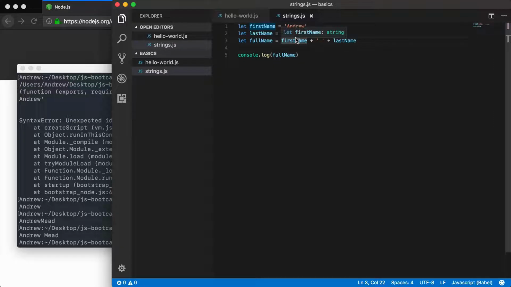So we could have defined Andrew right here instead of first name. The string Andrew, this would work, but the goal was to work with variables, so we referenced first name instead. Both are fine because the inline string Andrew and the variable first name store the exact same value. Now that we've messed around with variables and strings just a little bit, I want to move on to our